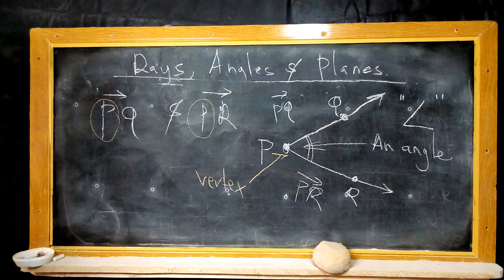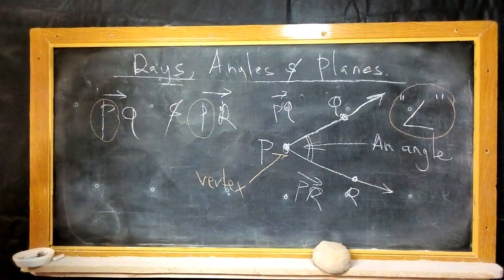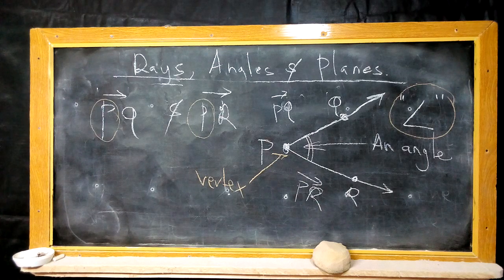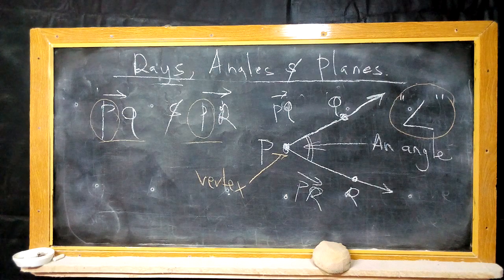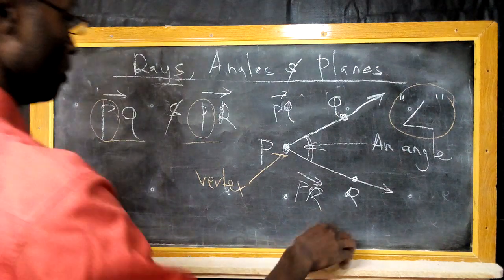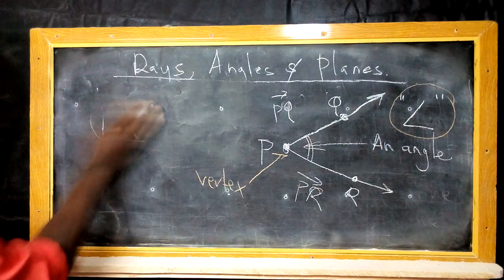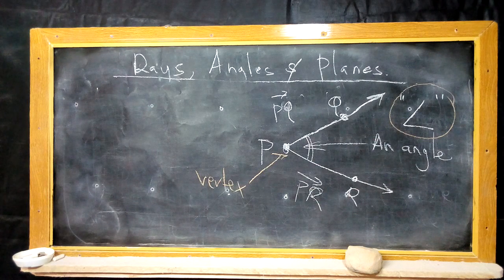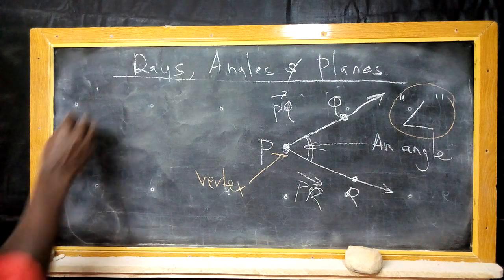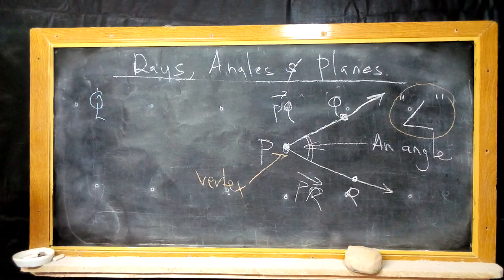Since we have said we're going to give it that notation, we can also use the two rays that we have given to denote the angle that has been formed in between them, using this particular format. So we're going to say angle QPR,